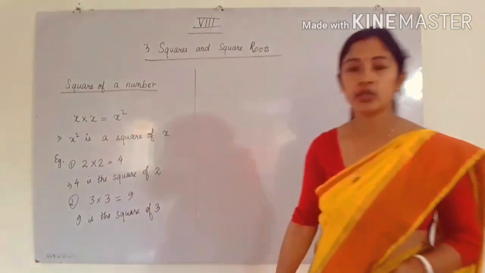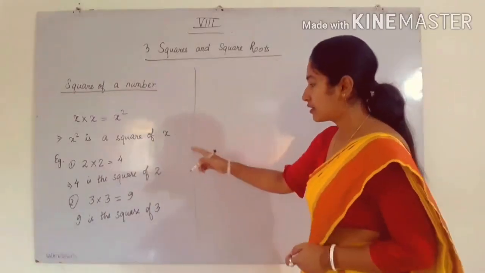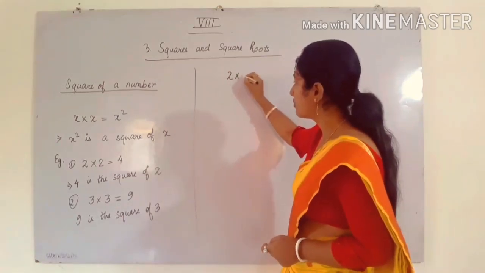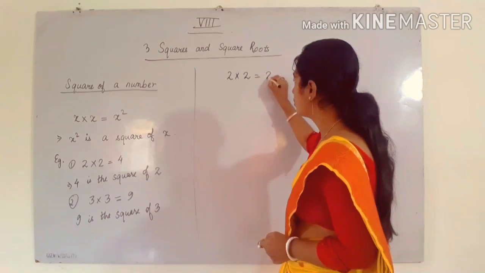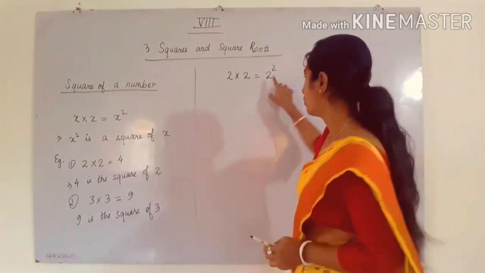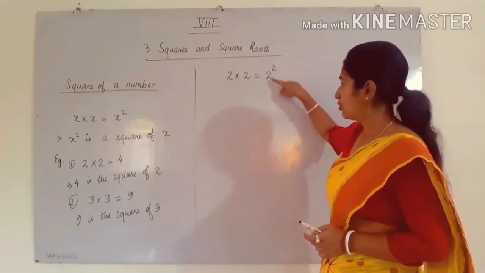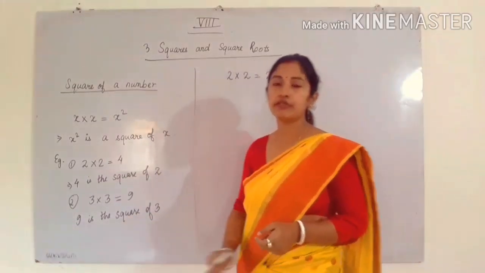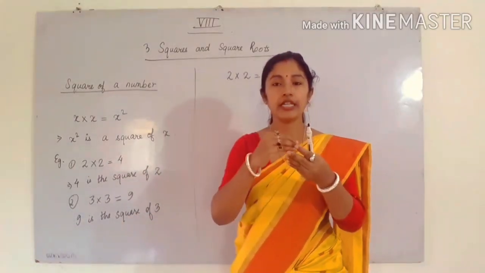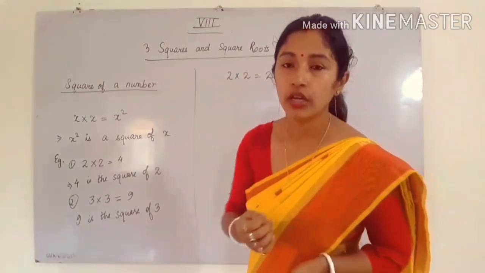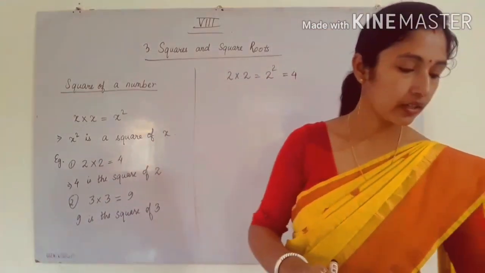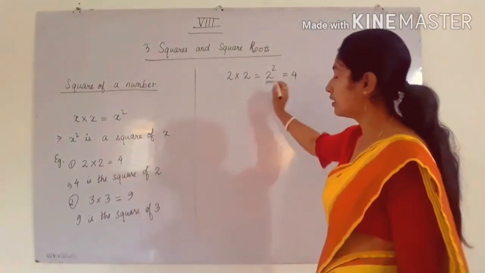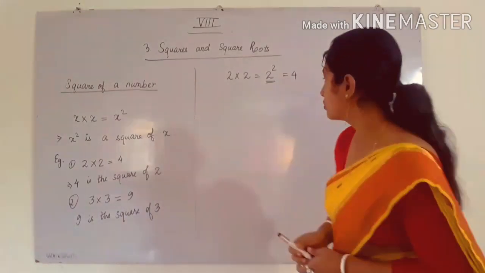And in short, in exponent form, how can we write it? Suppose I want to write 4. It is given that we are multiplying 2 with itself. So we can write 2 to the power 2. We can also say it as 2 square. So 2 square is equal to how much? 4. That's why it is called square. The meaning of square is any number raised to the power 2. In the book we have different names like squared. We can say squared directly. So this is called square of a number.